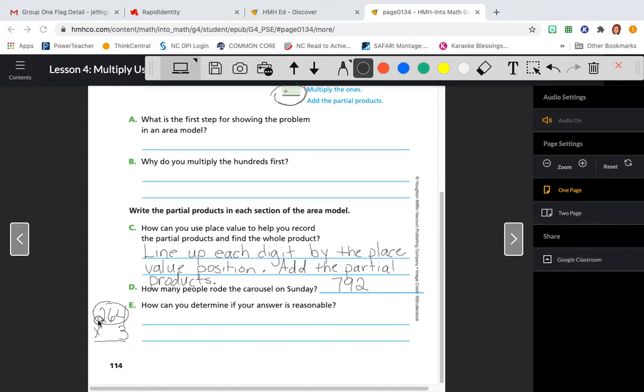So I'm going to say that 264 is close to 300, so I'm going to move up to the next 100. And then I can multiply 3 times 300, and we know our basic fact of 3 times 3 is 9, add 2 zeros. So what that tells me is my estimate is 900,